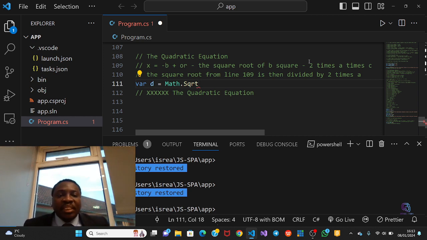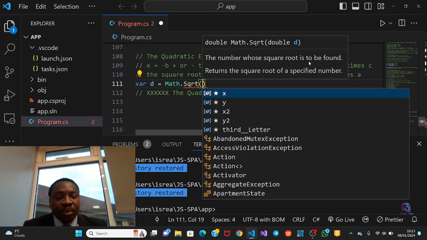With this math, the square roots, inside C sharp there are libraries. So math is a library in C sharp. I keep repeating to let you know that it's a library. There are other kinds of libraries in C sharp. It has been designed to do the work of getting mathematical equations. So I want to say, math the square root of